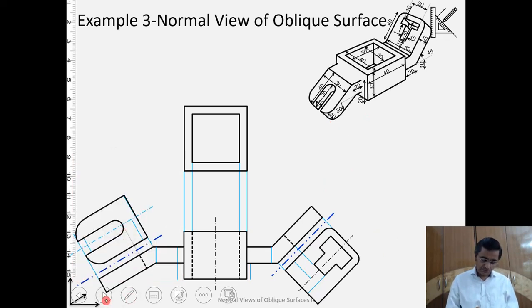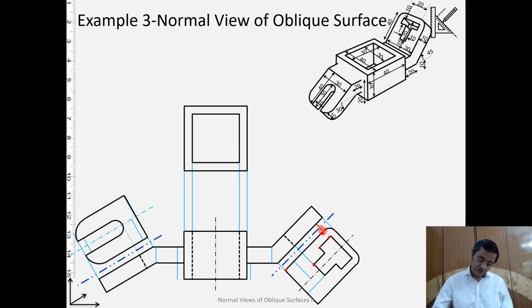So what I am doing now, from the different parts of the shape, I am drawing the projectors to the bottom face here. These are the projectors. And now I have drawn many more here because I want to represent the arc. That's why a larger number of projectors have been taken to represent the arc.